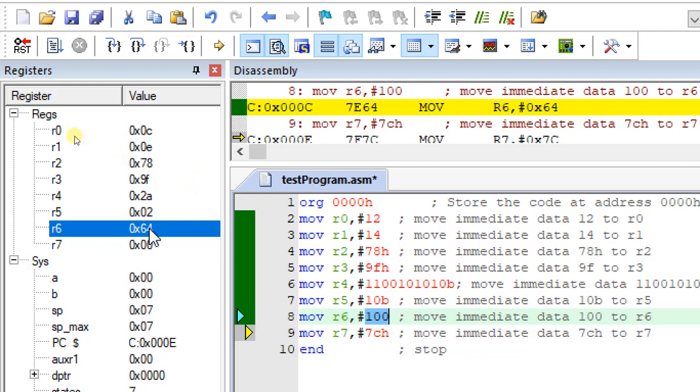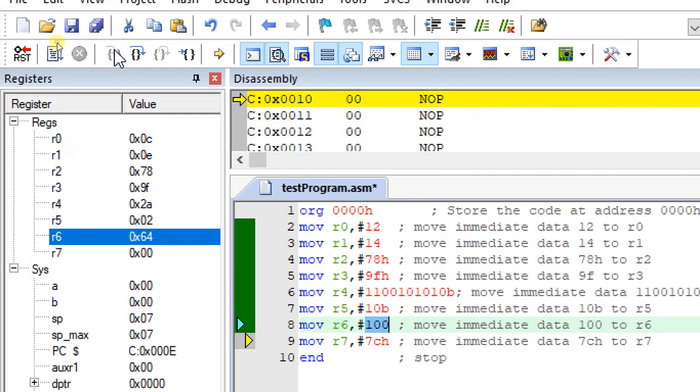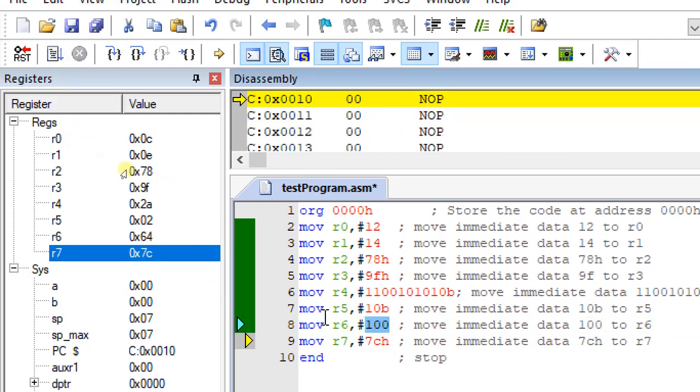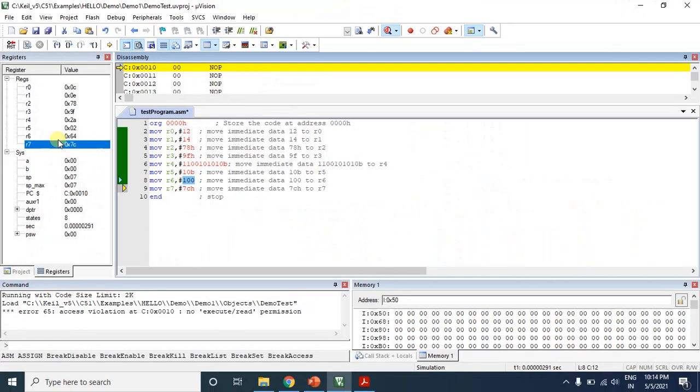It is 64, which is moved to R6. Likewise, 7CH is moved to R7. This is the simple program to move a block of data, say 12, 14, 78H, to different registers using immediate addressing mode. This is the immediate addressing mode.